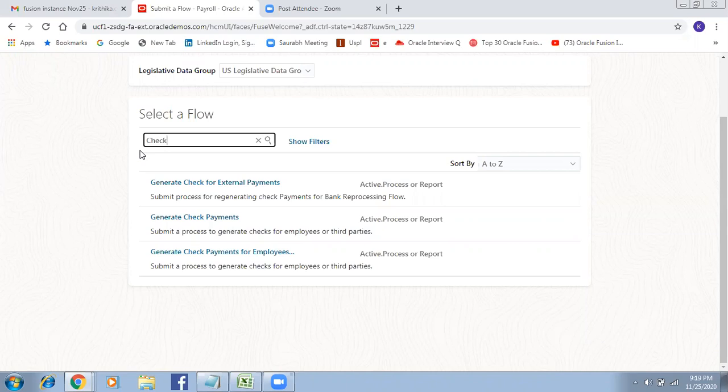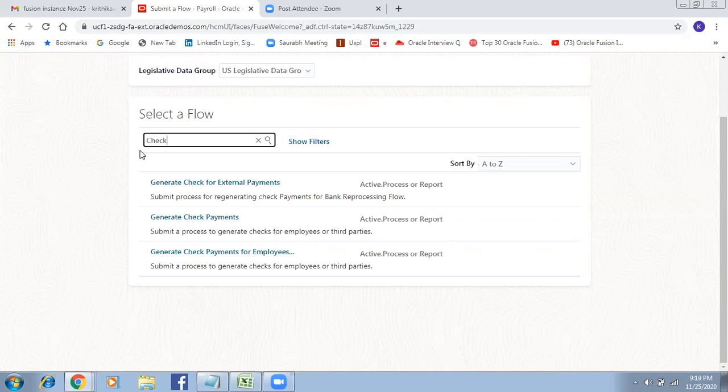External payment is for, let's say you are paying to the benefit service provider. You are paying to the insurance company, medical insurance. You buy insurance for your employees. You have to pay them also, right? But why is this in the payroll? It is a process. It is a part of the flow.